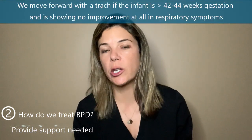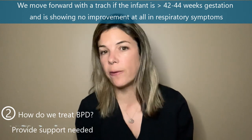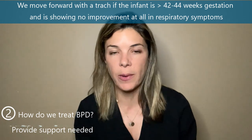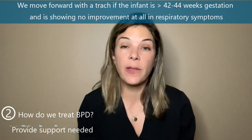So if you can get the baby to home oxygen by then, obviously the trach shouldn't be placed. Generally, we will move forward with a trach if the infants are about 44 weeks gestational age or above and are really not making any improvements in their respiratory support. If they're making improvements, even if they're still on high vent support, then we will still try to push them